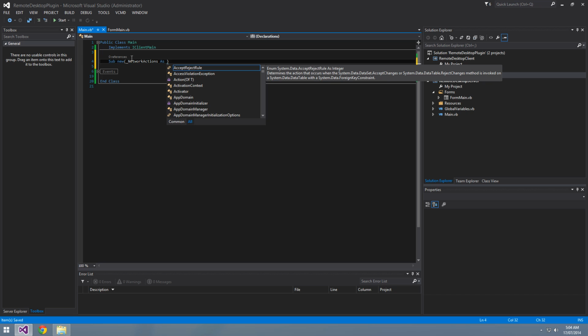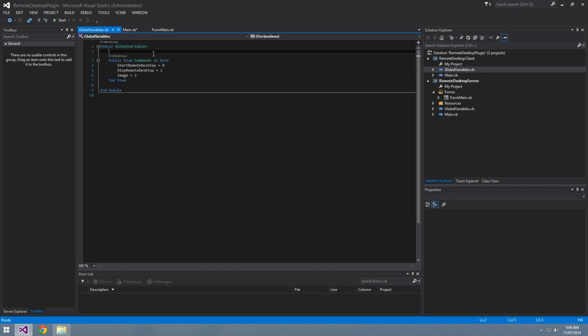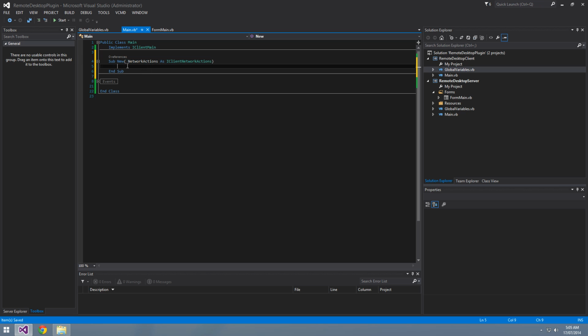So this will be iClient network actions. And we'll go ahead and copy and paste this. And remove the underscore, just like we did in the server. And network actions equals underscore network actions. Okay. Now that we have done that,